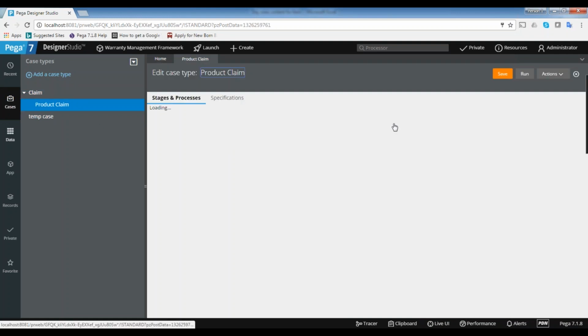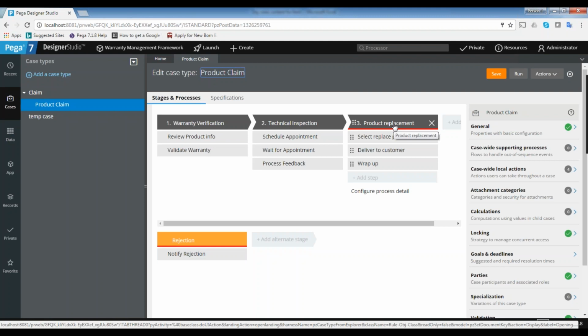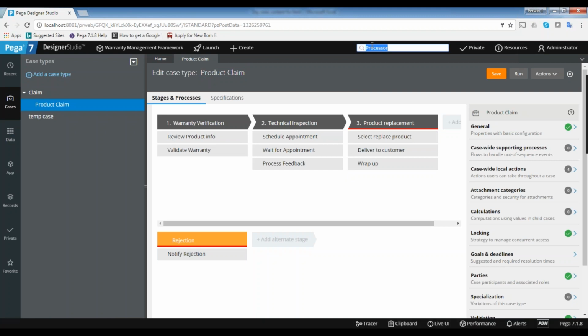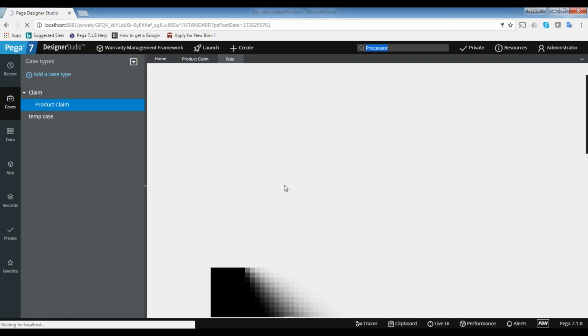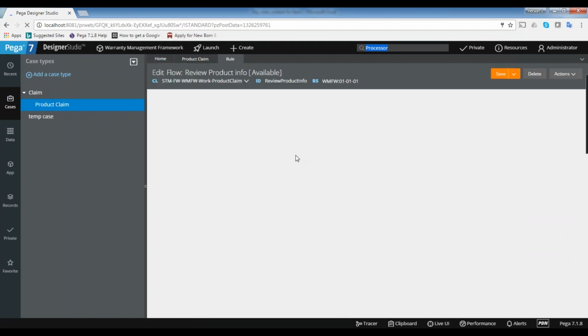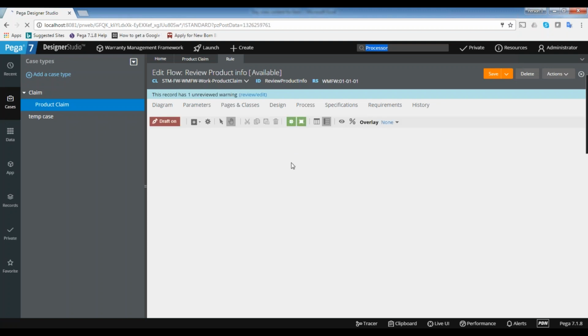Earlier I assigned to an individual person, like processor, an operator ID that is one person. But when you assign to a person, if he is on leave, or he is not available, or he has left the company, then it's an issue. So when I say processor work group or processor work basket, multiple processors may be there. I created one processor ID, there may be one more, processor 1, processor 2, like that. So now I want to route it to the work basket rather than the work list, so that anybody who belongs to that work basket can access it.